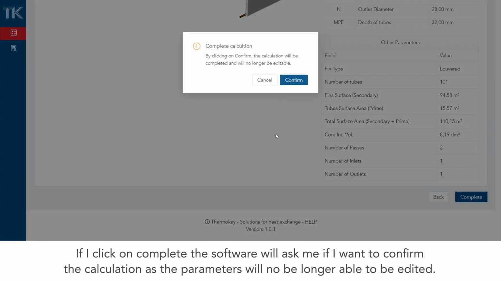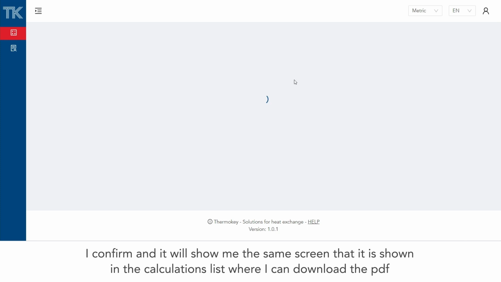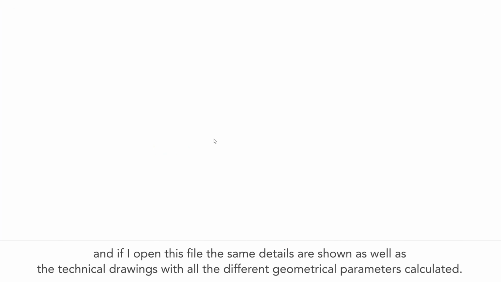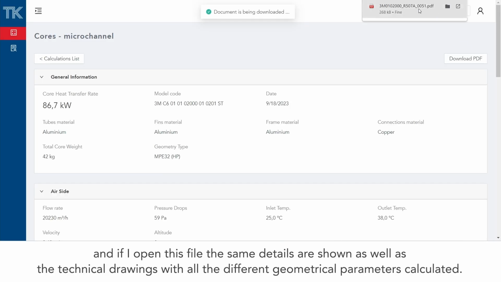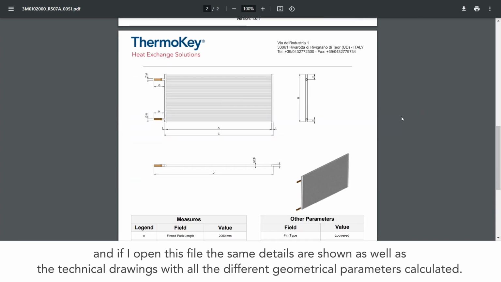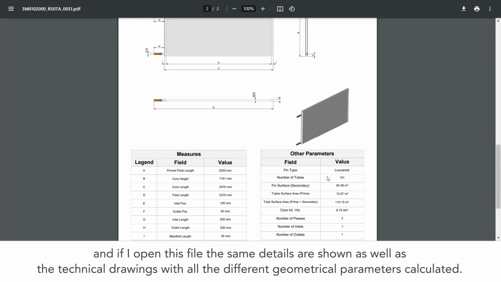If I click on complete, the software will ask me if I want to confirm the calculation, as the parameters will no longer be able to edit. I confirm, and it will show me again the same screen that is shown in the completed calculation of the calculation list, where I can download the PDF. And if I open this file, the same details are shown, as well as the technical drawings